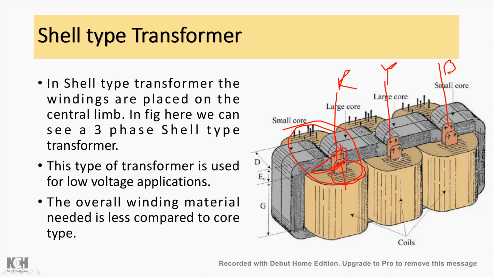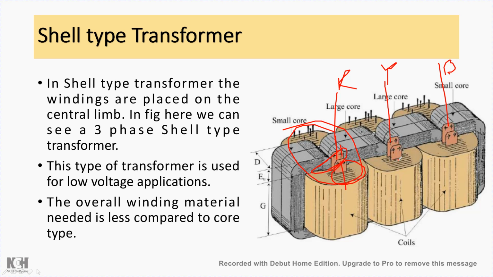The main advantage of using a shell type of transformer over a core type of transformer is that the windings are wound on the central limb and not on the adjacent limbs, so the area for the flux is more on the central limb. As per the formula, it is determined that double the flux will be available in the central limb compared to the adjacent limbs. Therefore it is advantageous to place coils on the central limb.